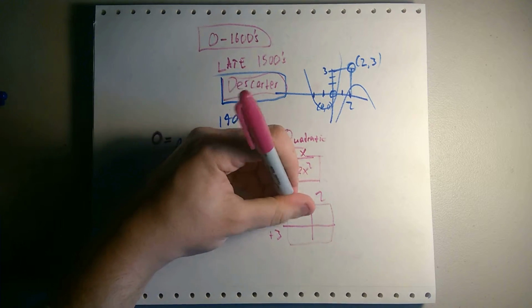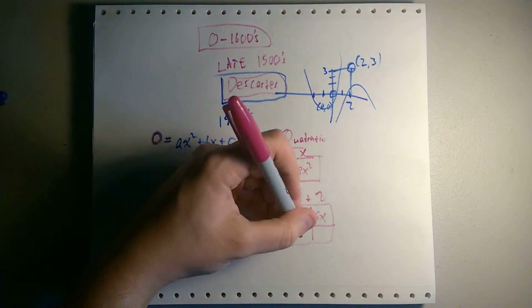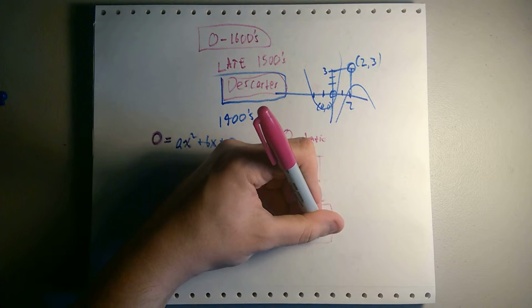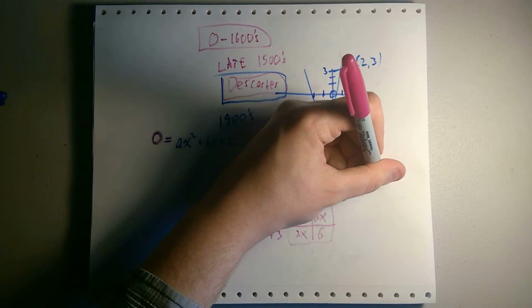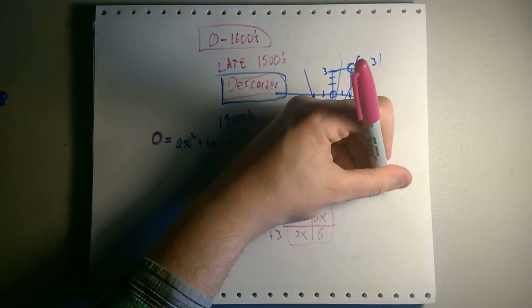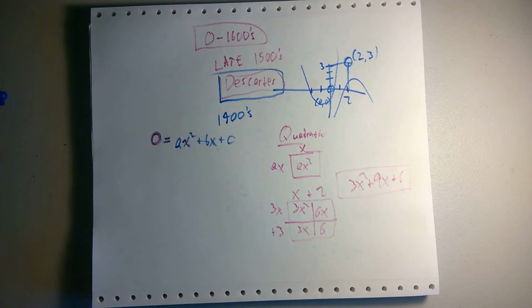3x times x is 3x squared. 3x times 2 is 6x. X times 3 is 3x. 2 times 3 is 6. Let's add them all together. 3x squared plus 6x plus 3x is 9x plus a 6. Alright, this is what we'd call